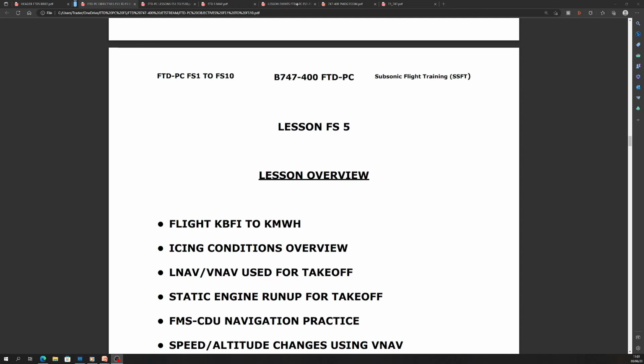This is FTD-PC FS number 5 briefing. And at this point in the training, if you were a student sitting in front of me doing the training, this is the point on lesson 5 when you should be very familiar with the flight deck preparation, flow patterns, checklist usage, and some of the basic navigational practice. So this is kind of where we judge whether a student is ready to continue on for the second half